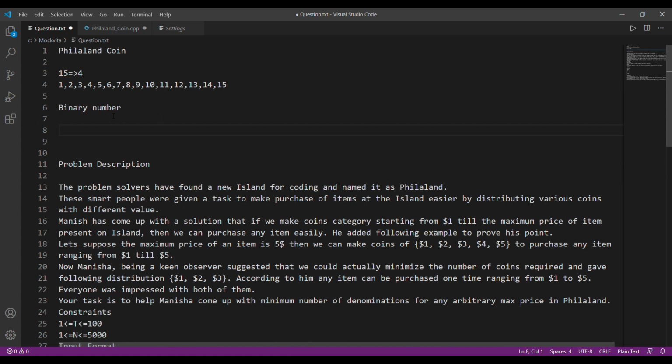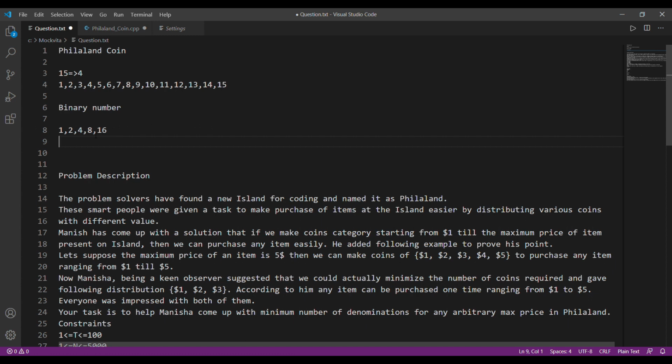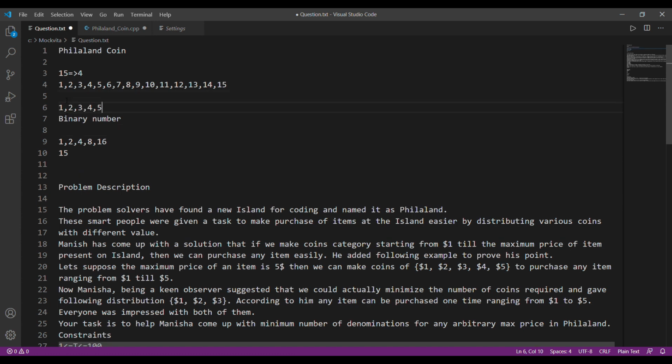Now the beauty of binary numbers is that with the help of these binary numbers, we can actually create any number possible that is less than their successive number. So with the help of 8, 4, 2 and 1, we can actually create 15. We don't need to go sequentially through 1, 2, 3, 4 and 5. But because of the test cases that we were given, we were forced to think that we need to create this with the help of a sum.